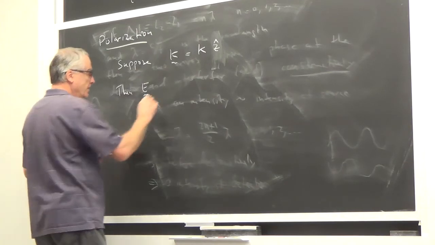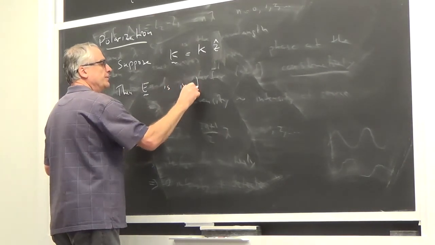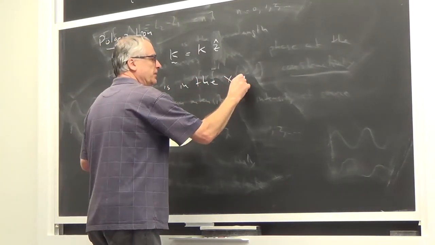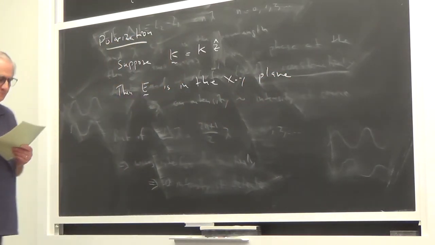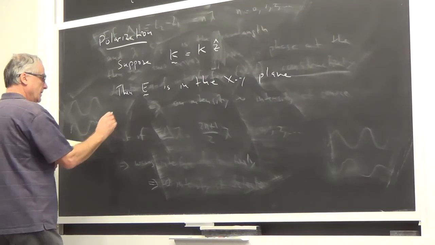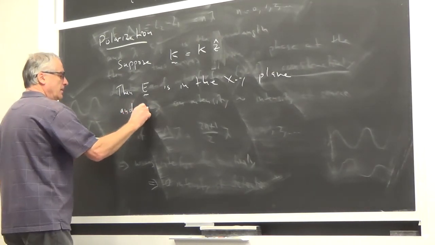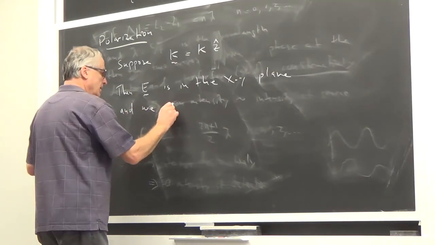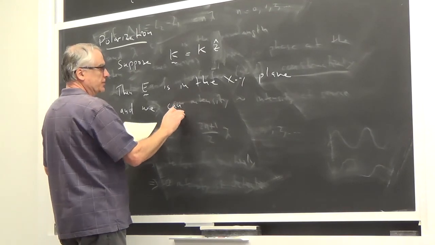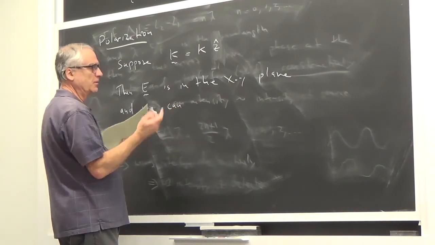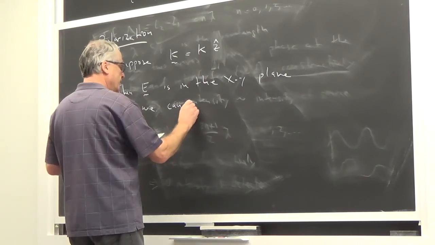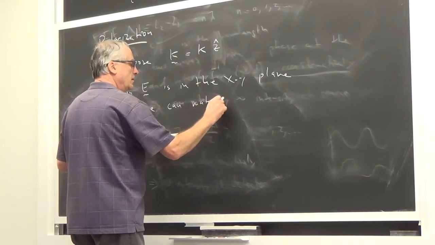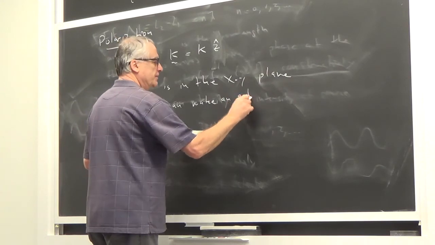Then E is in the xy plane. And we can, as long as we keep an xy plane, where it points in that xy plane is arbitrary, so we can make an arbitrary polarization